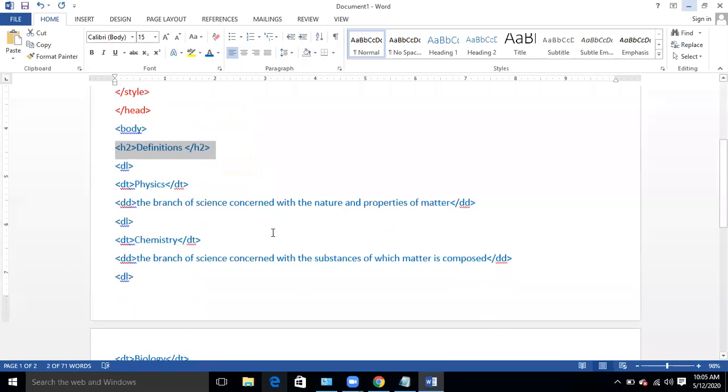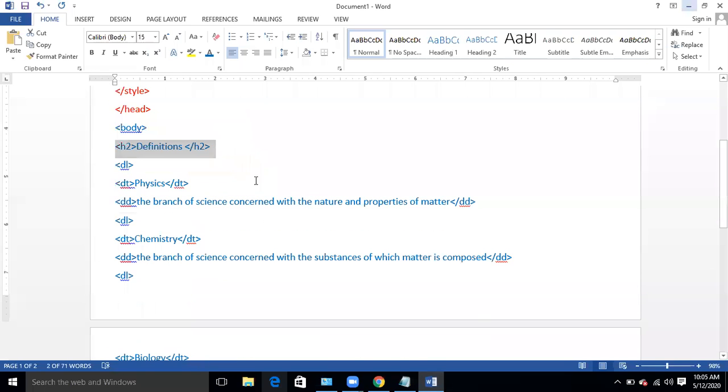Then you will see that there is a tag which is being used, DL. What is DL? Like we were using OL, ordered list, and UL, unordered list, in our previous program, DL will be used over here in order to mention a description list.